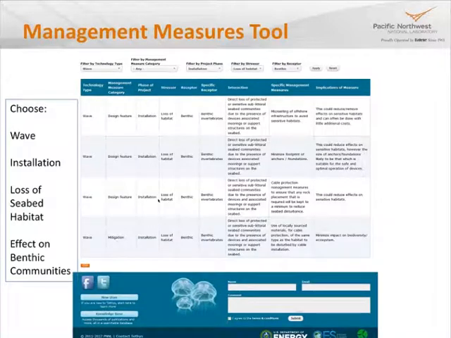This particular one has already been filtered down. Here we chose the wave technology. We looked at it during installation and looked at the different kinds of management measures that might be possible. Our receptor of concern were benthic communities, and the stressor is obviously as you install a wave device, whether it's putting in anchors or might be a bottom-mounted device, cable lay, et cetera, you would disturb habitat and perhaps lose some habitat. So when we filtered this down, what we found was 4 management measures